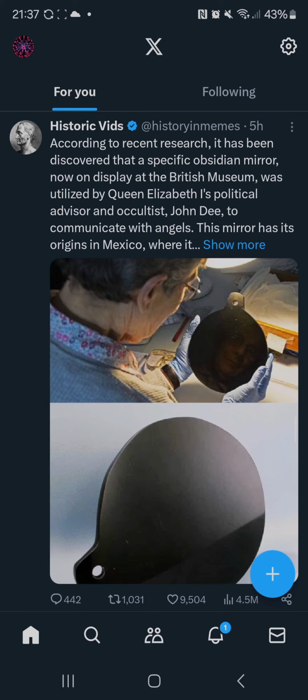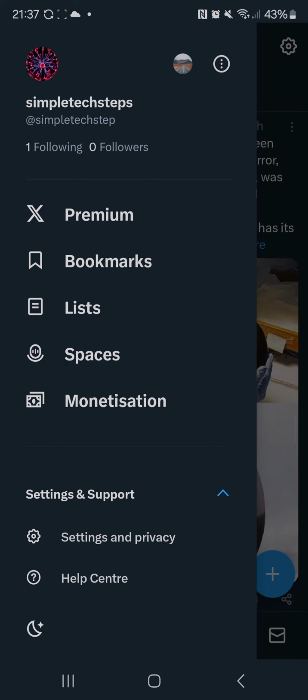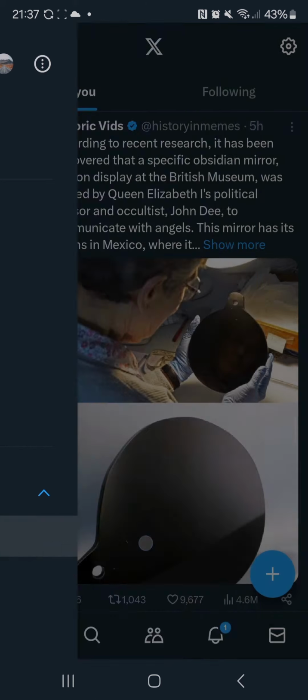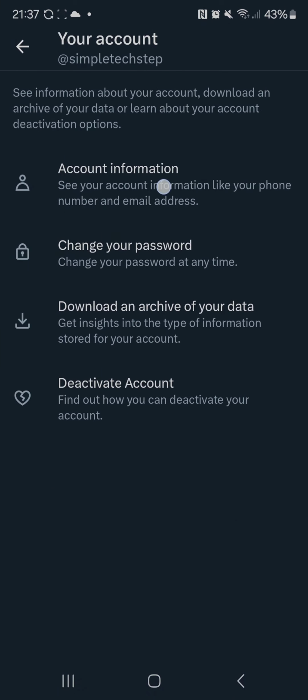So what you'll need to do is open up your app, click on your profile icon on the top left, then go down to Settings and Support near the bottom. Once you're on here, you should see Settings and Privacy, and then click on Your Account at the top. Then you should see at the bottom Deactivate Account. So just tap on there,